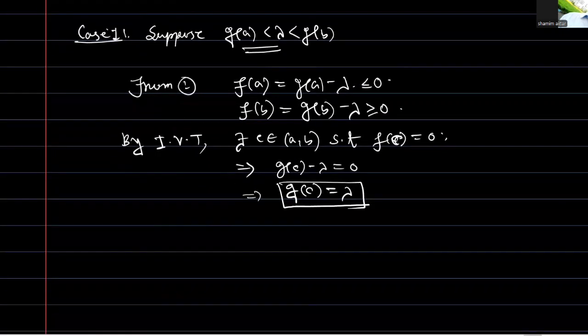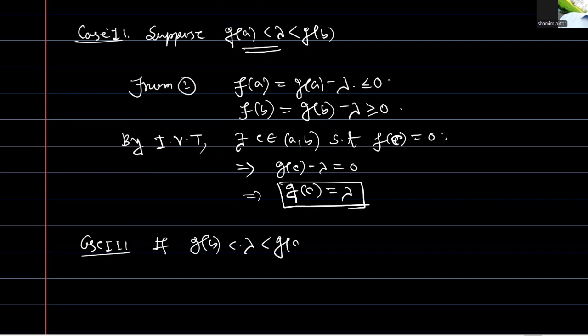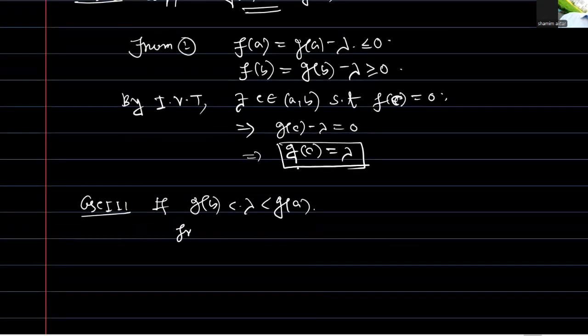Okay, and second case, if g of b is less than lambda, which is less than g of a. Okay, similarly from 1. Now from 1,